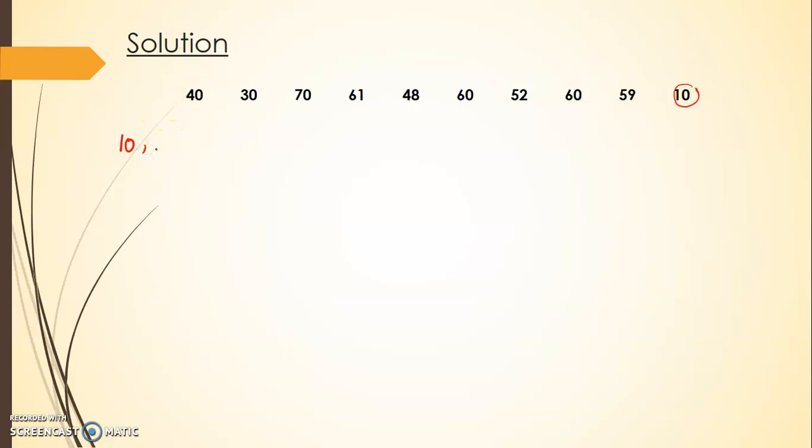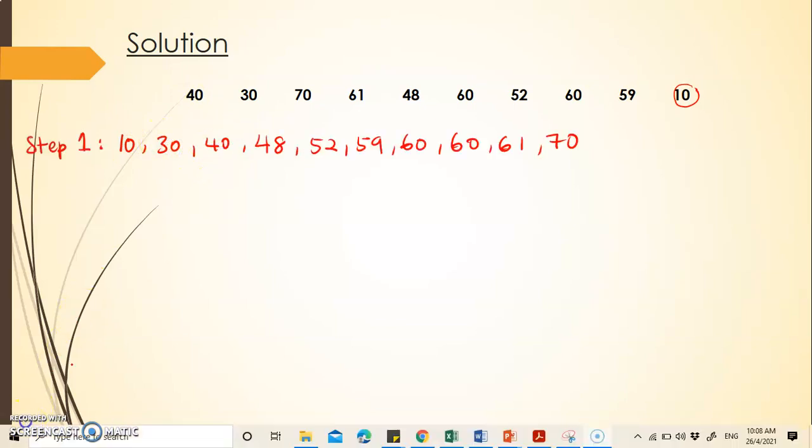Okay, and after that we have the number 30, 40, and so on until the largest number 70 here. So that is the first step. Second step,